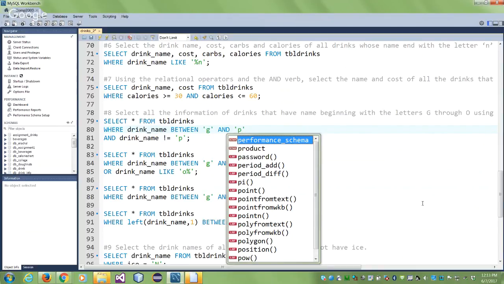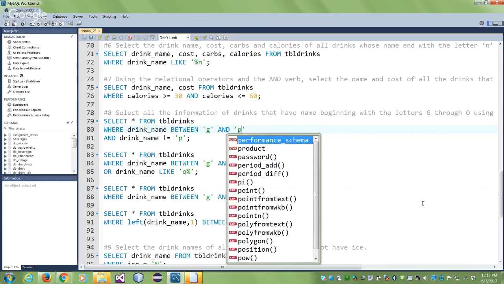This was the easiest solution that you could think of from what you know already. You'll say, let me go till P. Now, what is the extra drink that gets included here? There will be only one extra drink that gets included here. The one with the name P. Just the name P. Nothing else. No O, no pop, no pan, nothing. Just P. So all you do is you add an and condition and you say drink name should not be